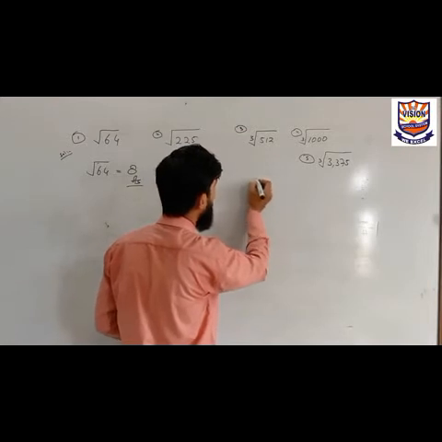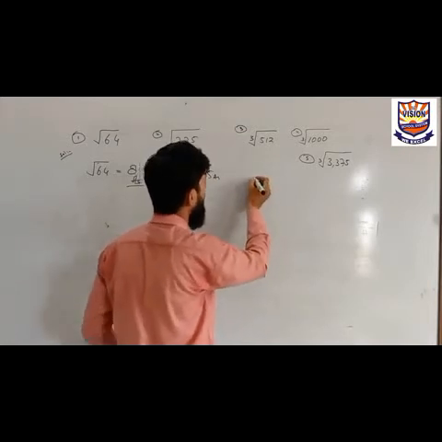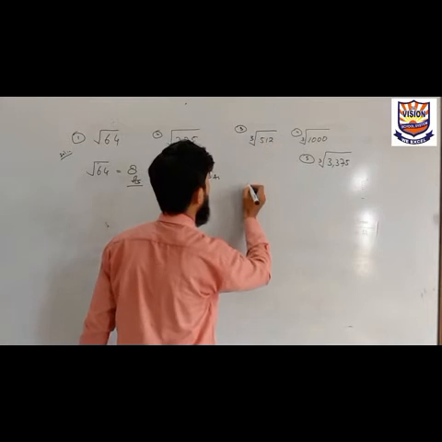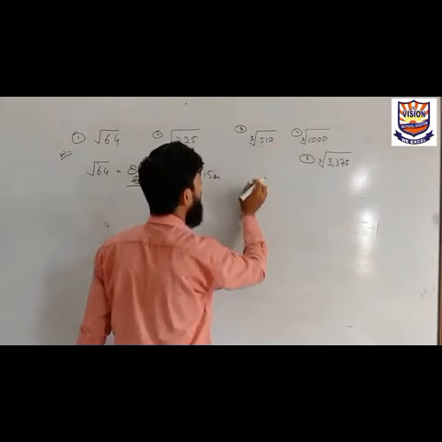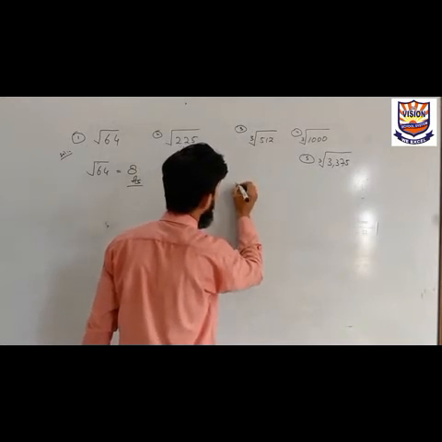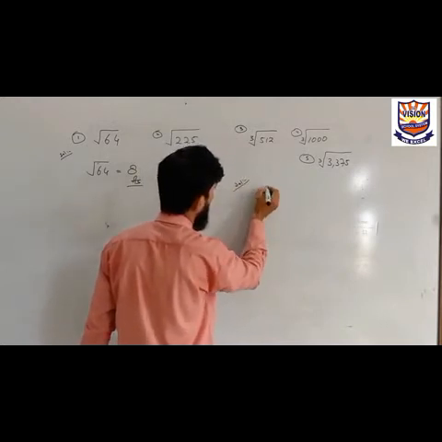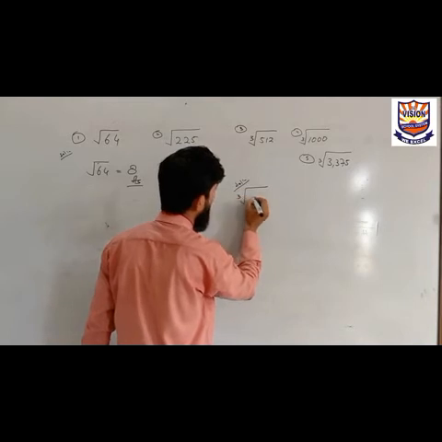The process of finding cube root is very simple and it is similar to square root, but what is the difference? We will see. The first step is to write its prime factors. So we will solve this to find the cube root of 512. So solution, 512.